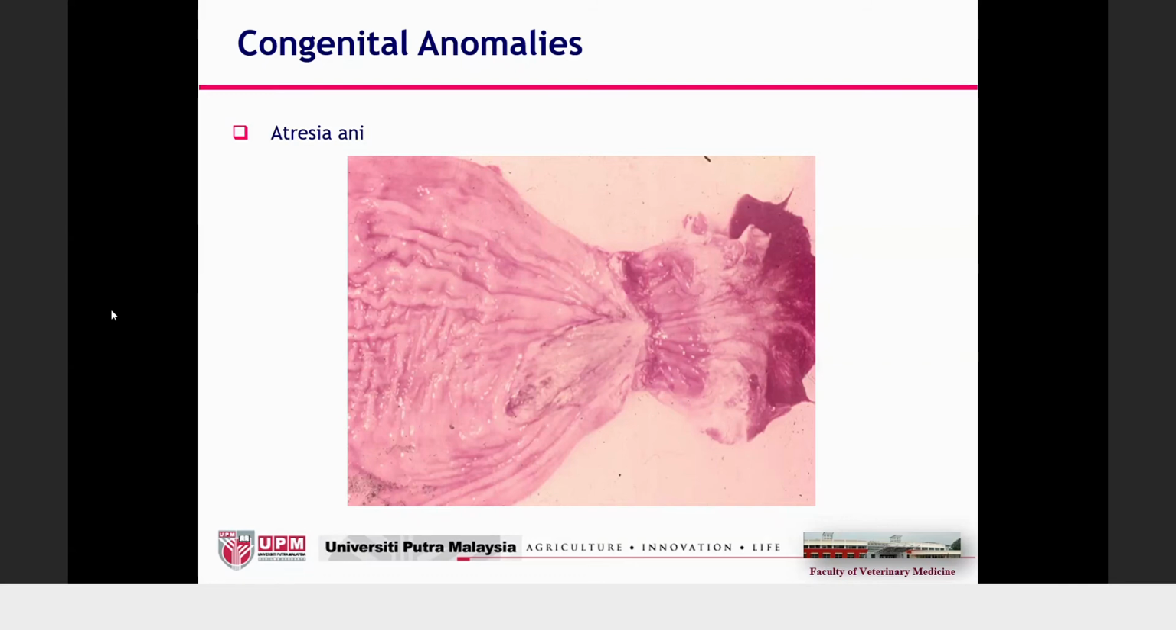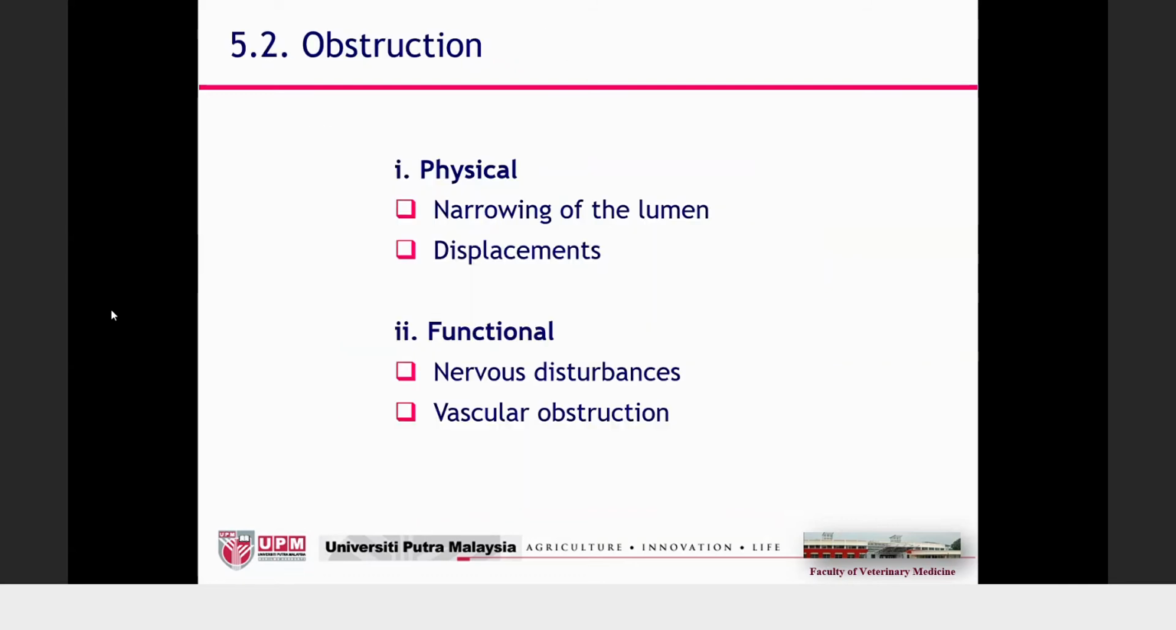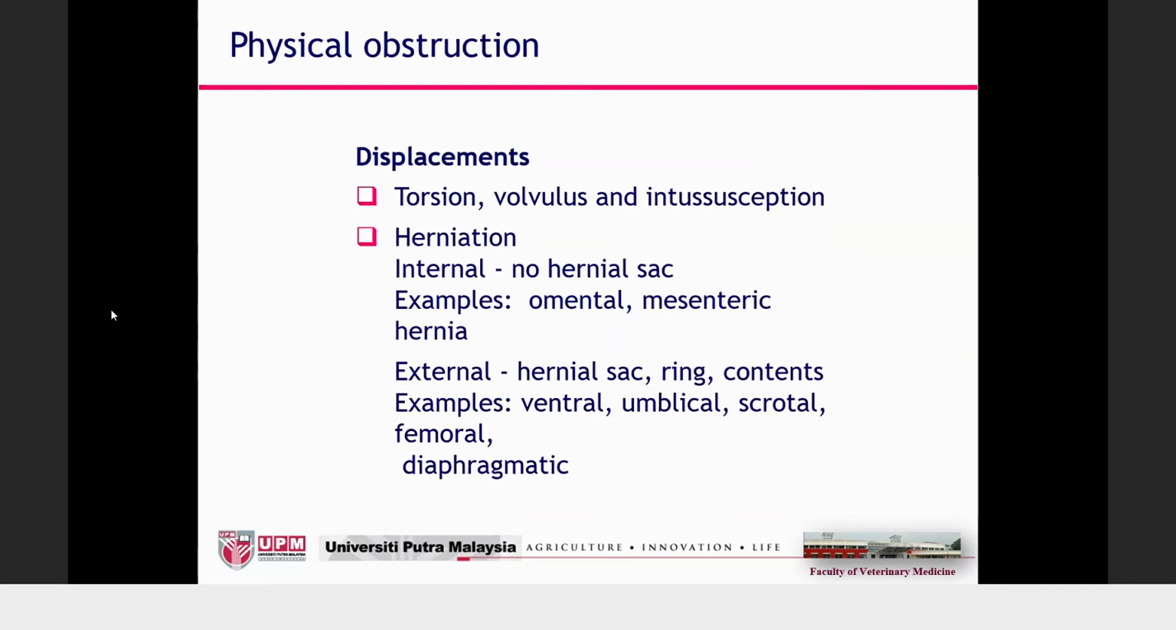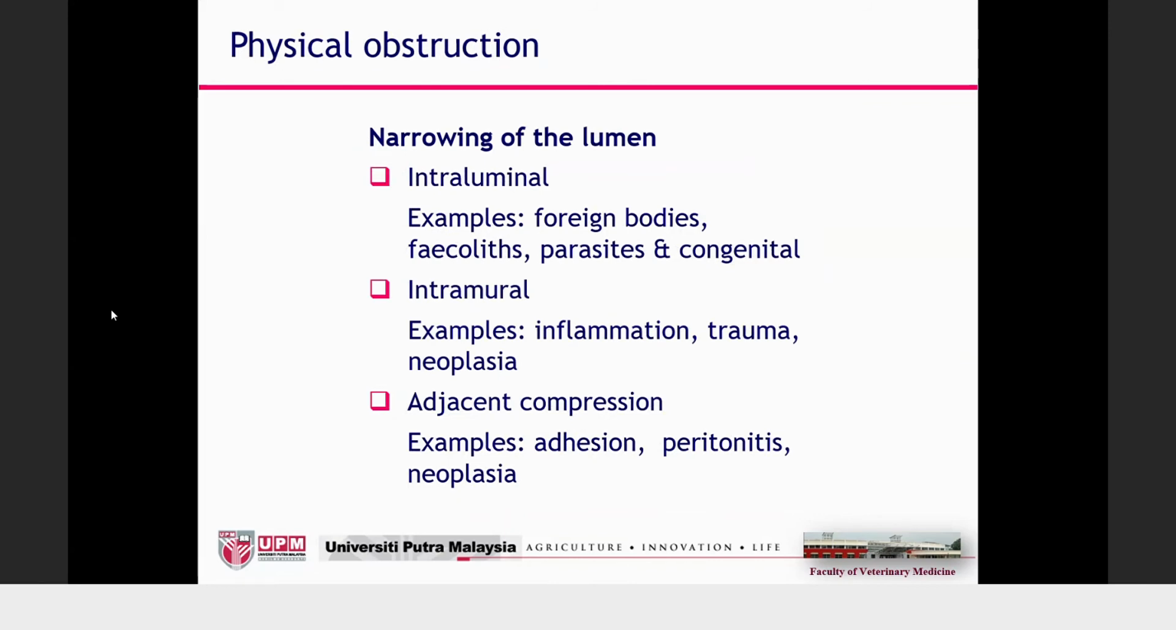Then the obstruction can be a result of physical or functional causes. Normally, physical causes mainly lead to narrowing of the lumen or result from displacement. Regarding functional causes, they might involve nervous or vascular disturbances. So this is an example of narrowing of the lumen. I mentioned earlier,